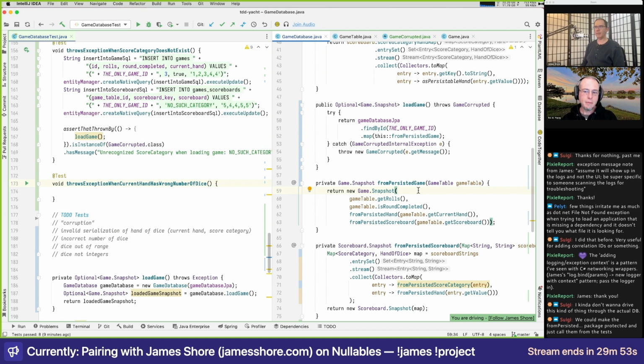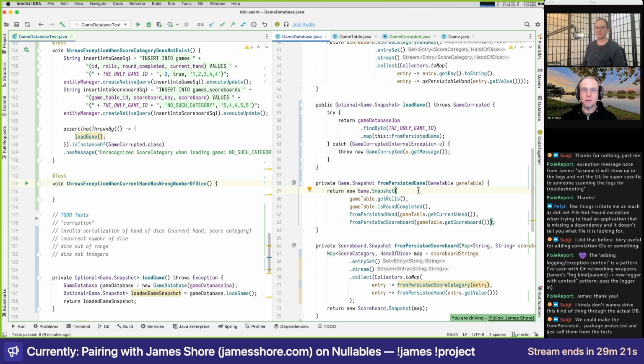Yeah. The score category does not exist, that one doesn't bother me as much, but now that we're getting into the dice and we've got lots of little nitpicky things, that is starting to bother me a little bit. But it's only 3. If it was 20, then absolutely. And if it was 1, I'd be like, absolutely not. 3 is close, but I'm lazy and I don't like lots of files. So it's probably okay. That's sort of where my brain is at right now.